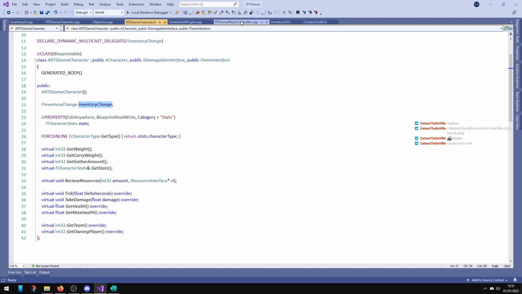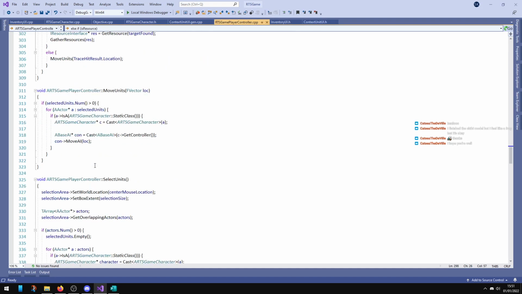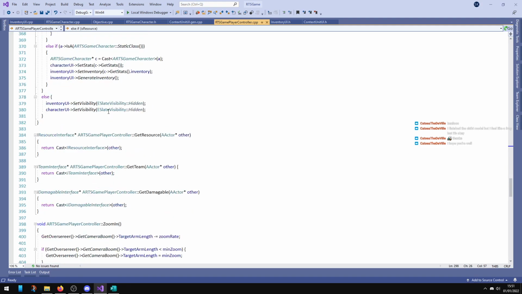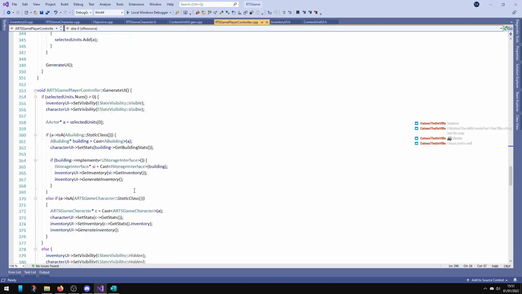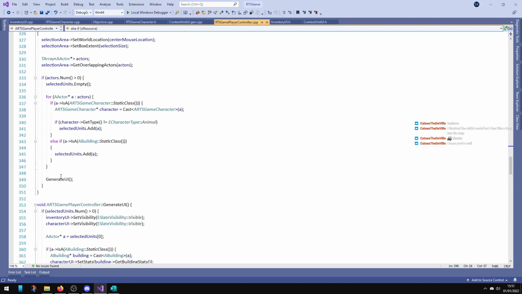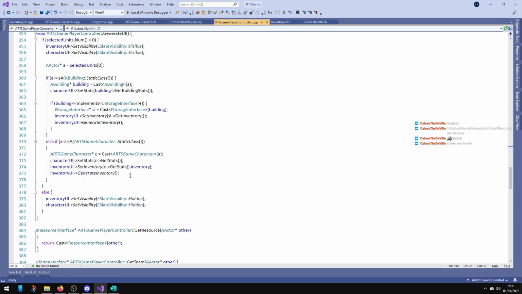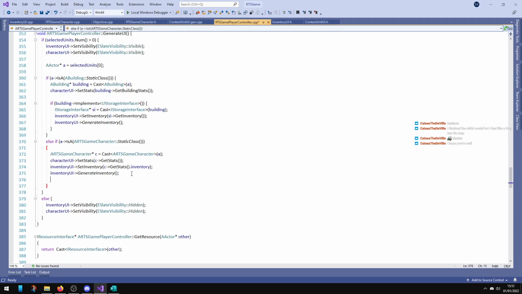So we go to our controller, and then in the generate UI, no, in the select of the UI character, in here we can do inventory change dot add, oh no, it's add dynamic,